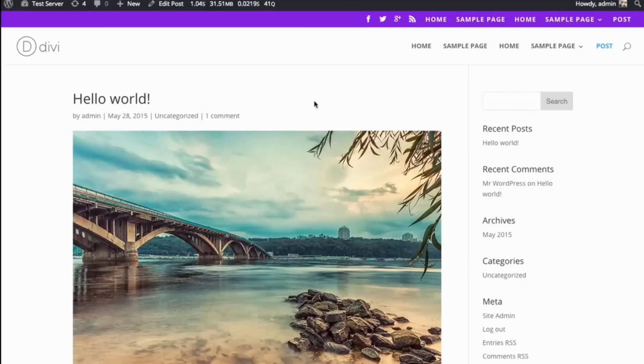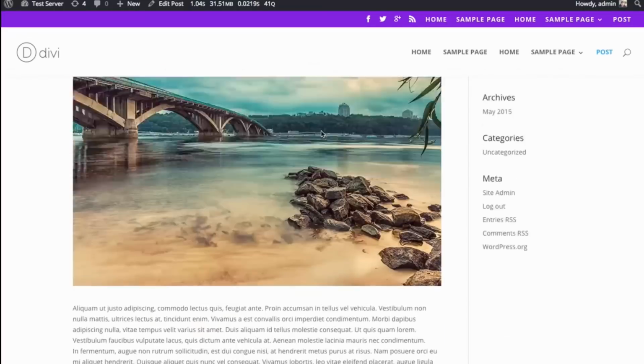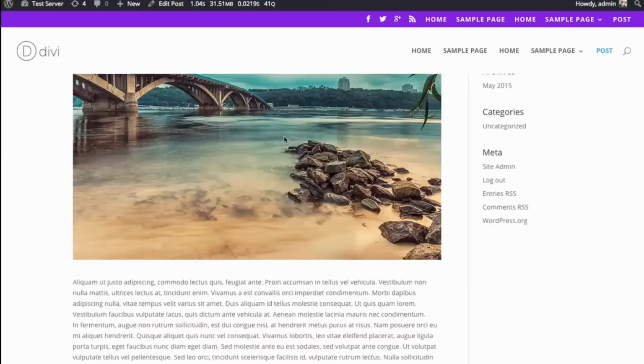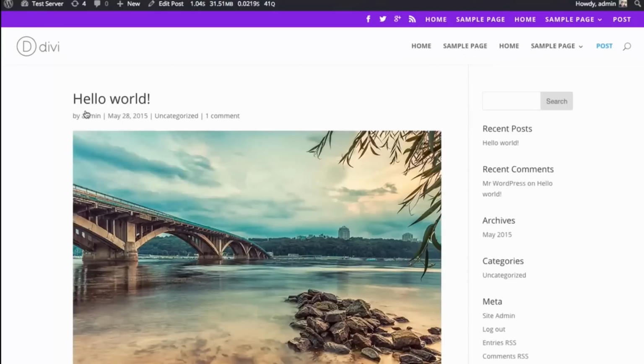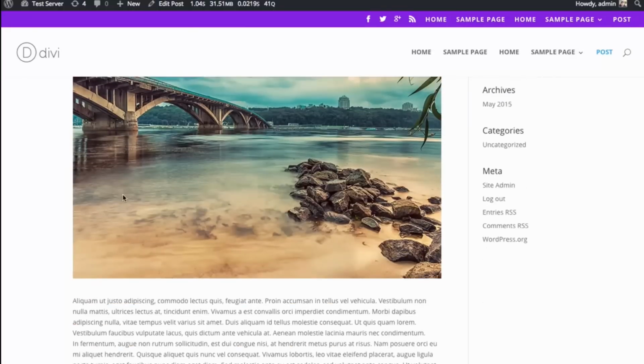And so I'm going to show you how this can be used on a post. So here I have a standard post. It's not using the page builder, just using the standard WordPress editor. And I have a post here. The title, it's called Hello World. It's by admin, it's uncategorized, so all my metadata is here. And then I have this featured image that I've assigned using the standard featured image function in posts and pages